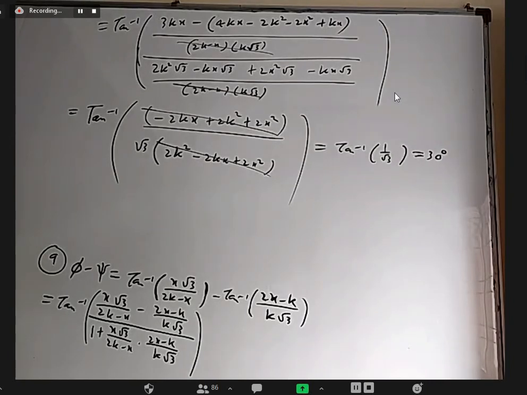So we can simply eliminate C and D, because they are not in the principal values. When phi alone is between minus pi by 2 to pi by 2, and psi is between minus pi by 2 to pi by 2, then phi minus psi is between minus pi to pi. So C and D are beyond pi. Okay. But still A and B are there.